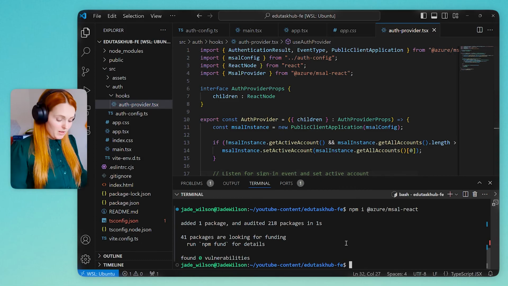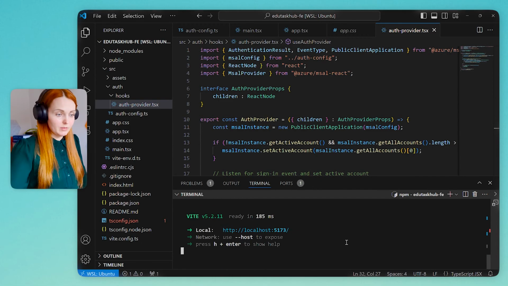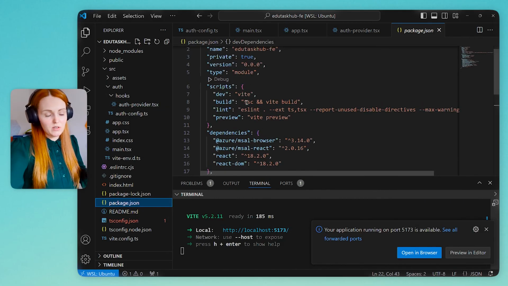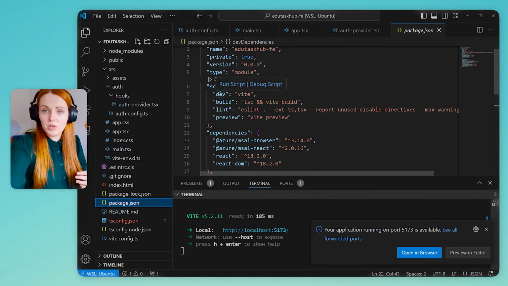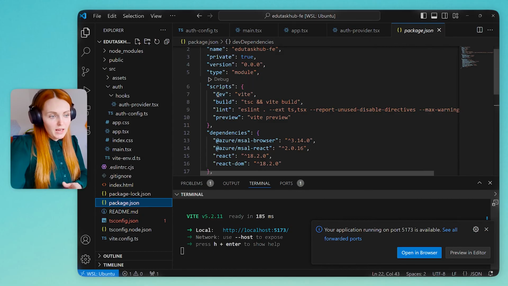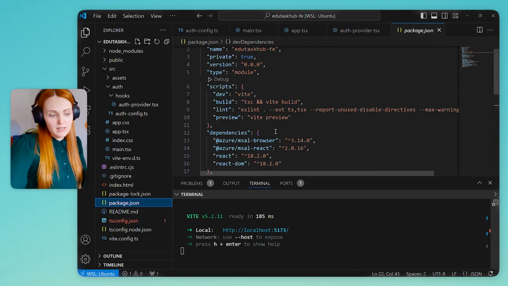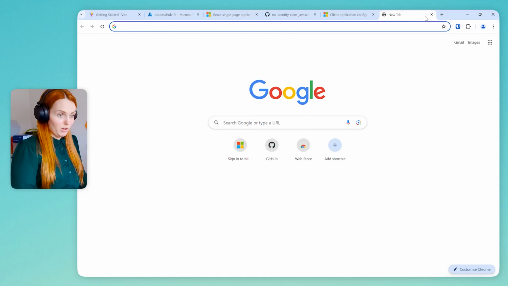And so I'm just going to run that now. If you're not familiar with Vite, you can basically find the scripts that you need to run in this package.json file, or whichever package manager you are using. And if you look here, you can see that you've got npm run dev, npm run build, npm run lint, or npm run preview. npm run dev will run it in development mode for you. So now if I go to localhost